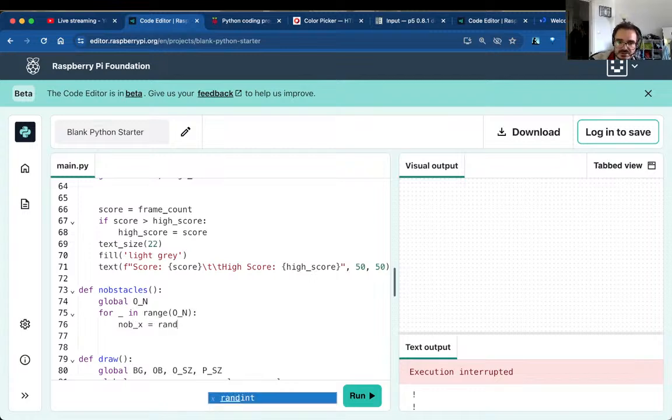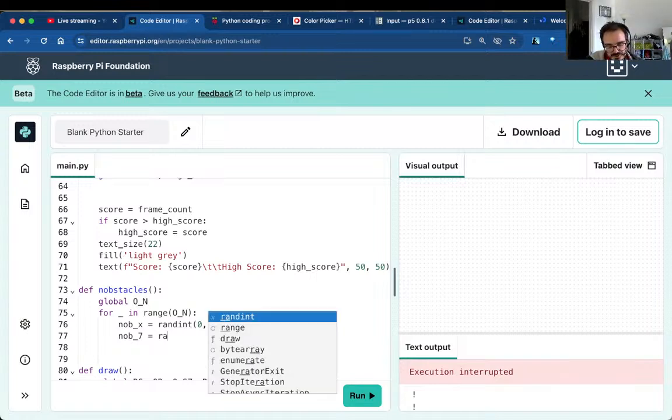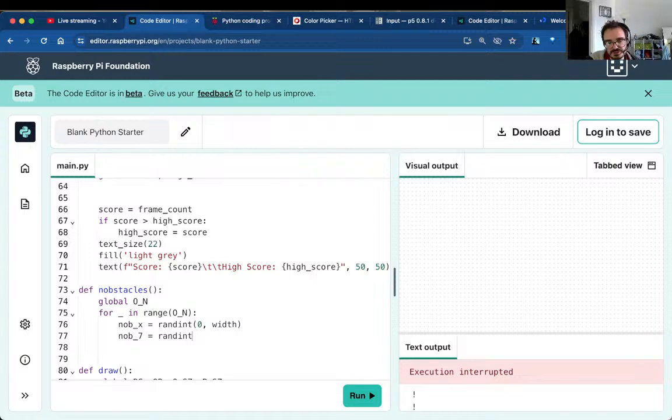We're going to randint. So that's a randint between 0 and width. And nuby, that's a randint between